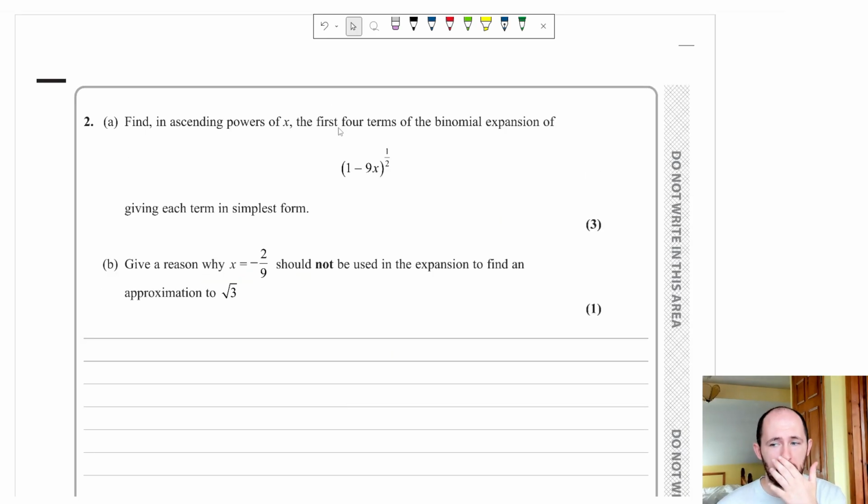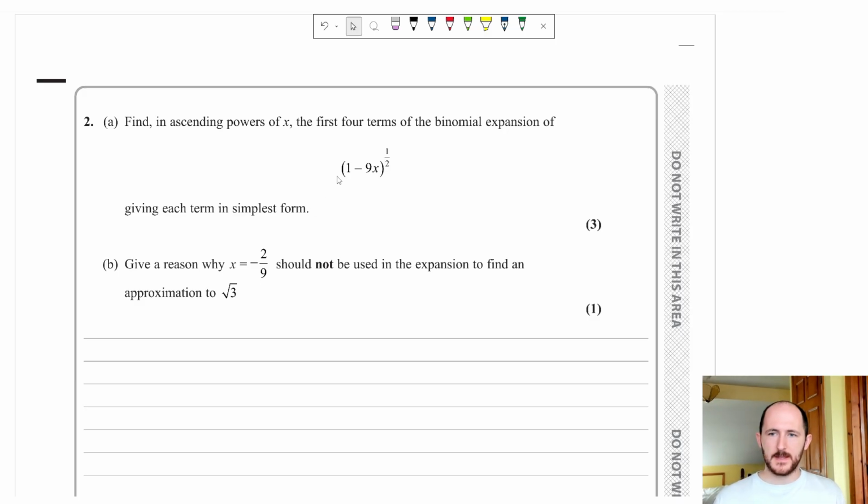So I'm really looking forward to this question because part B comes up not all of the time, but it comes up maybe 70% of the time, and students always come to me and ask, how do you know with this stuff, whether it's x is minus 2 over 9 or 1/3 or 3 or whatever, when you can and can't use an expansion? Now in the textbook, I don't think there's any real reason given for it. So what I'll do is I'll tell you the reason, and then I'll actually show you why, which is the